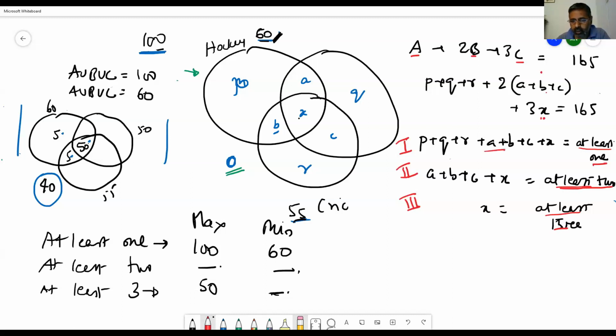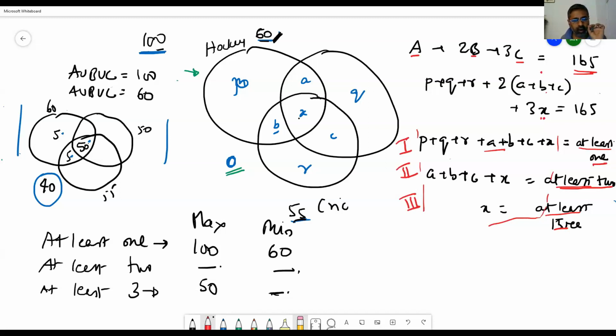So if you add up this whole thing, what do you get? You still get 165, isn't it? I just rearranged it. I want you to get this very clear because this is the basis on which I'm going to solve, and this is a very, very powerful method, and it works very fast with these indeterminate cases. But you need to understand the basic logic behind this. Have you understood what I did?